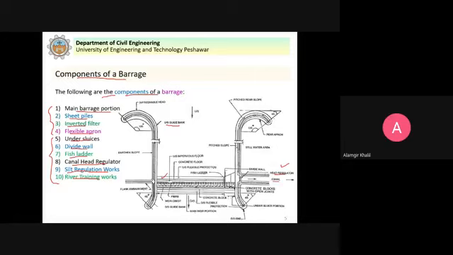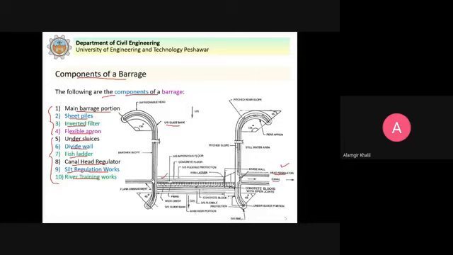and we understand why we provide these sheet piles, the inverted filter, the flexible apron. These are basically protection works, because the diversion head works, this is for all hydraulic structures, can be dams also. We will study dams in detail later on, for weirs, barrages. Even you can see this canal head regulator. So for this purpose we provide these protection works. Clear? This inverted filter, flexible apron.